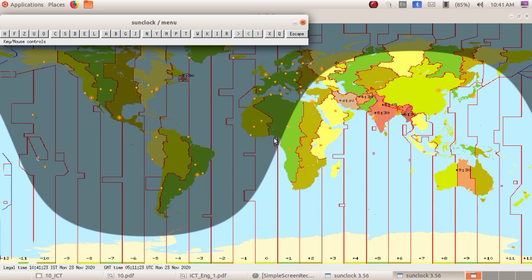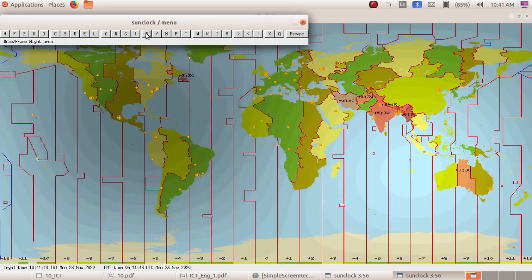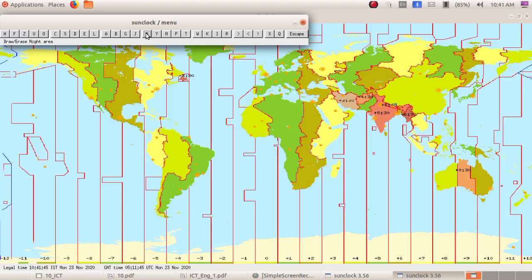So we have to avoid this separation. Some portion is dark, some portion is day, some portion is night. To avoid the separation of day and night, we can make use of the toggle night tool. This is the toggle night tool N. Just click on that continuously to hide the separation of day and night.